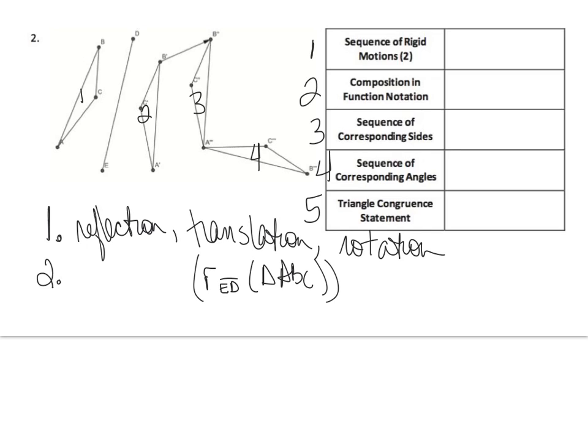Then we did a translation, B prime, B double prime. Then we did a rotation about A triple prime, and